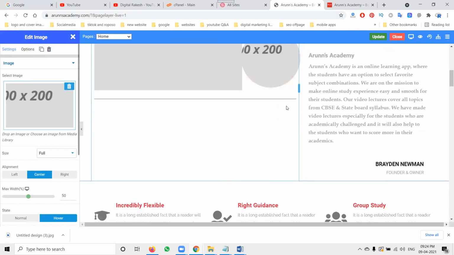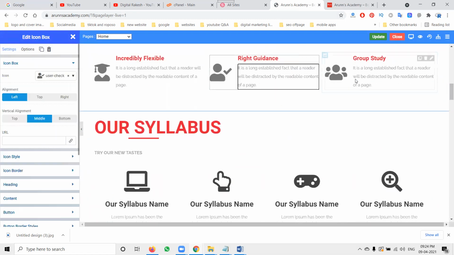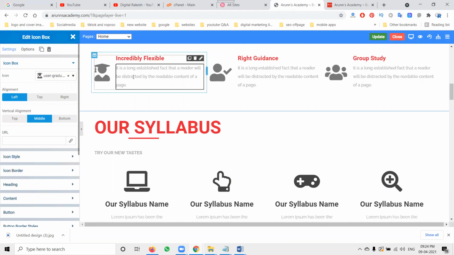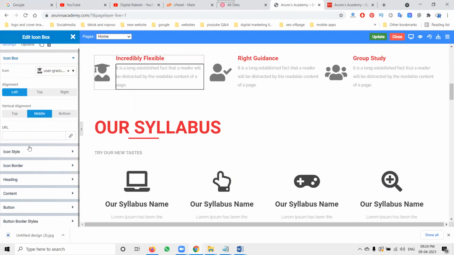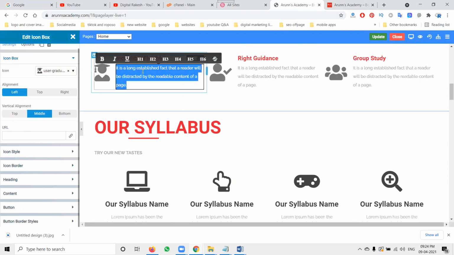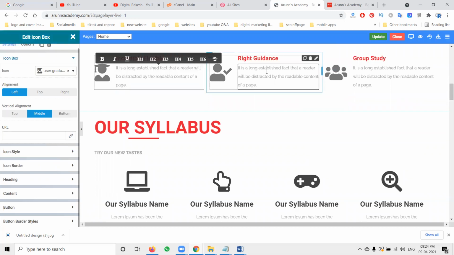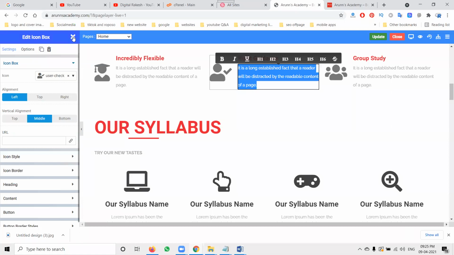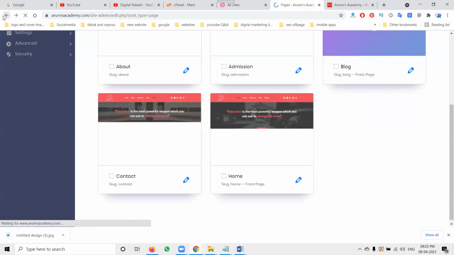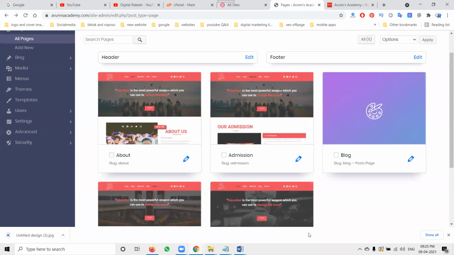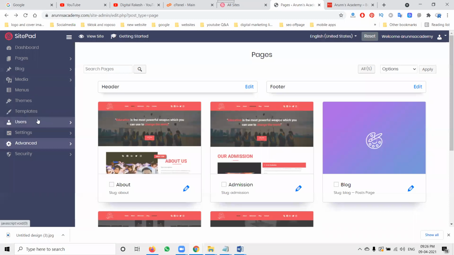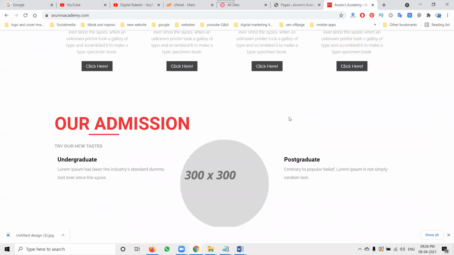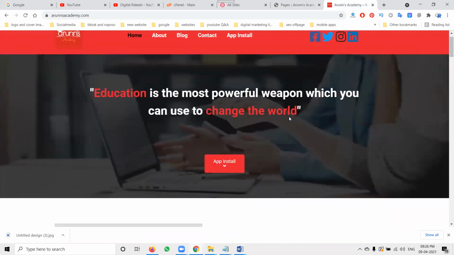So all this will come to the header part. What content you change, everything will be given in a particular option. See this one. So here, all the boxes are in this. Here the content will be changed. Which tag will be required? Add the content. What options to remove, you can use the option here. It is the same as WordPress, but a little bit different, with the particular options given in the SitePad builder. So this is the way we can make a website using the SitePad builder option.